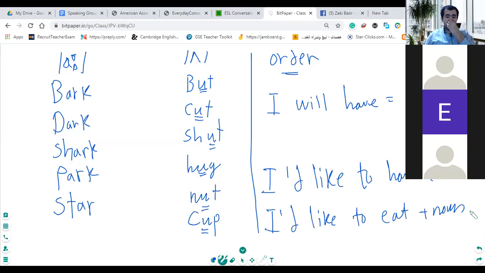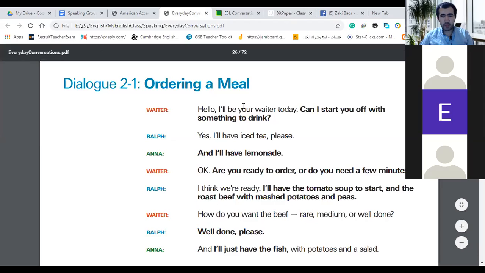I'd like to have, or I'd like to eat, or I will have, or I'll have salad, as we have seen in the conversation. I'll be your waiter today. Can I start you off with something to drink? Like a drink, a starter. When you go to a restaurant, you don't eat the huge meal. You take a lot of time to start feeling hungry,